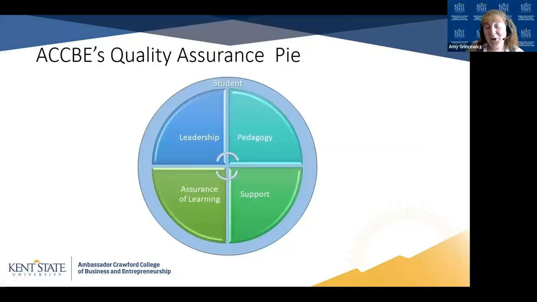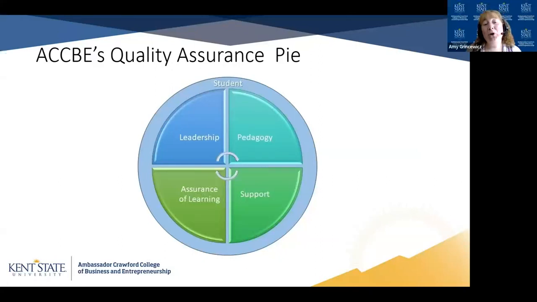So as I was putting together this presentation, I needed some inspiration. And somehow I went back to all of the QM workshops that I've ever taken. And we always have that slide with the quality pie. And I love that quality pie. And that has been so impactful in helping to talk with leadership because of QM just really focusing on that